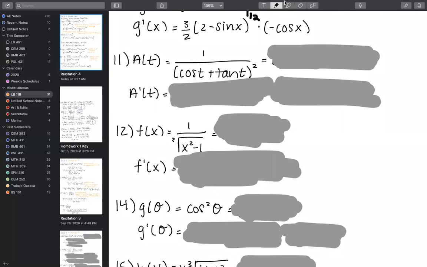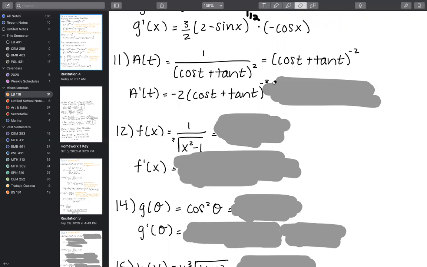Number 11. So this one's going to require some fractional manipulation, but not much. It's only that you need to recognize that when you have something in the denominator, you can multiply its power by -1 and bring it up into the numerator, in the same way that inverses kind of flip whatever the term is on top or bottom when you add a negative to their power. And so we're going to do the power rule starting with -2. We'll drop that down front and reduce it by 1, keeping everything the same on the inside.